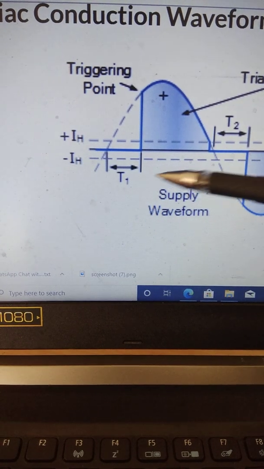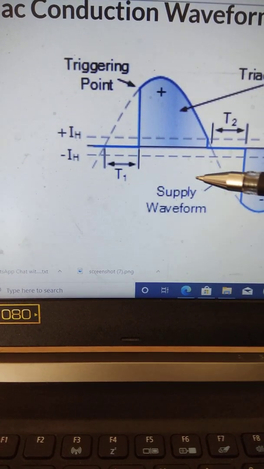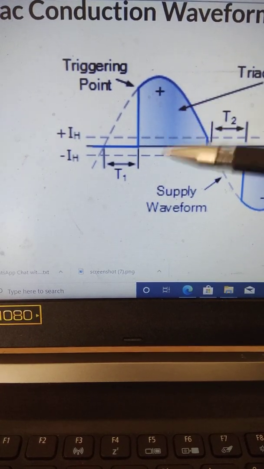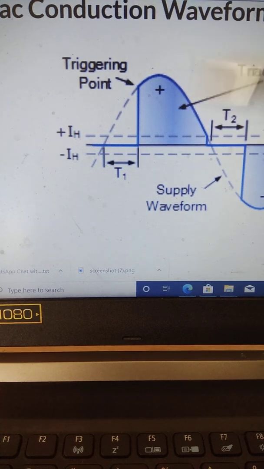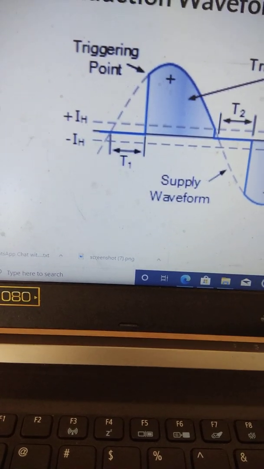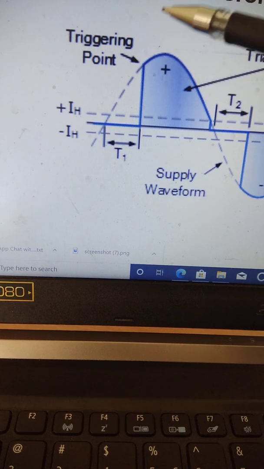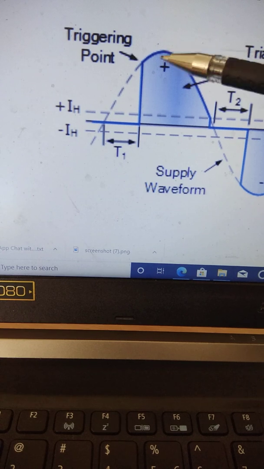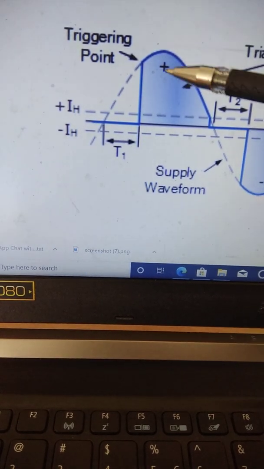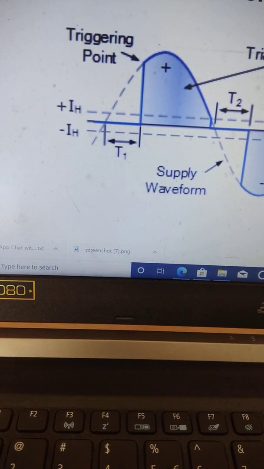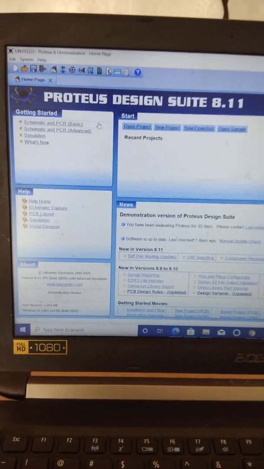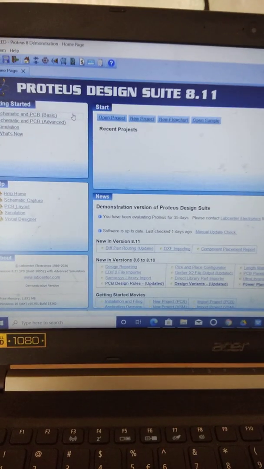So this signal or output will be generated when we vary the value of the variable resistor by using the pot. We can change the triggering point by varying the value of the variable resistor. For this simulation, instead of PSIM, we can also use other software like Proteus software, Scilab software, and MATLAB also.